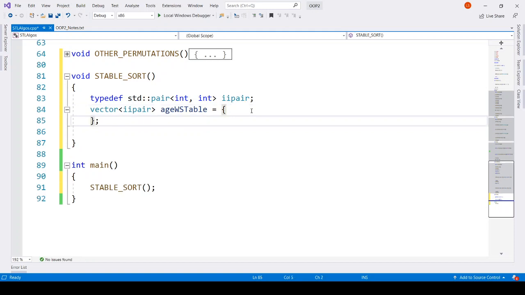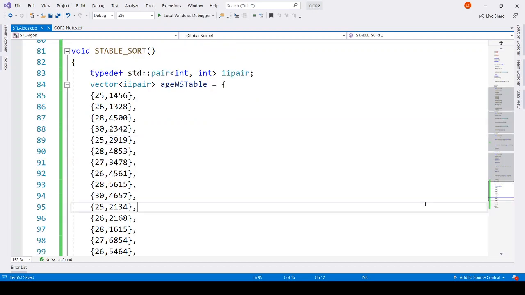so that we can get the same Excel like data, and we'll see if the output matches what the Excel was showing us. So let me grab the data from my notes. So here is the data of that table. Now what we want to do is sort by age, and then within the same age elements, the weekly spend should also be sorted from minimum to max, right? So we will do this in the reverse way actually.